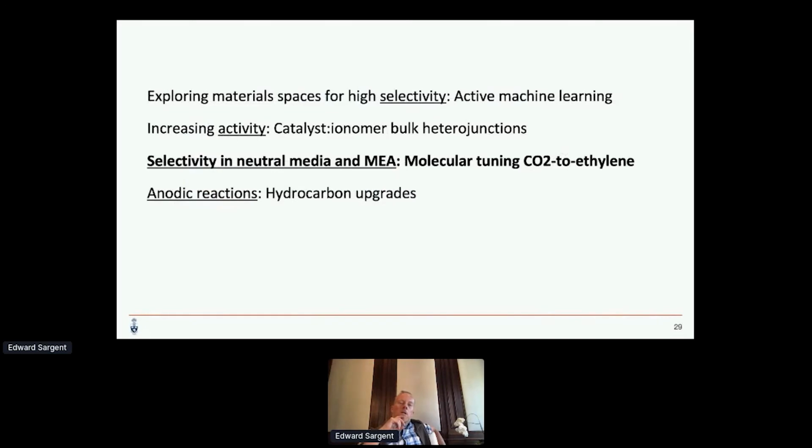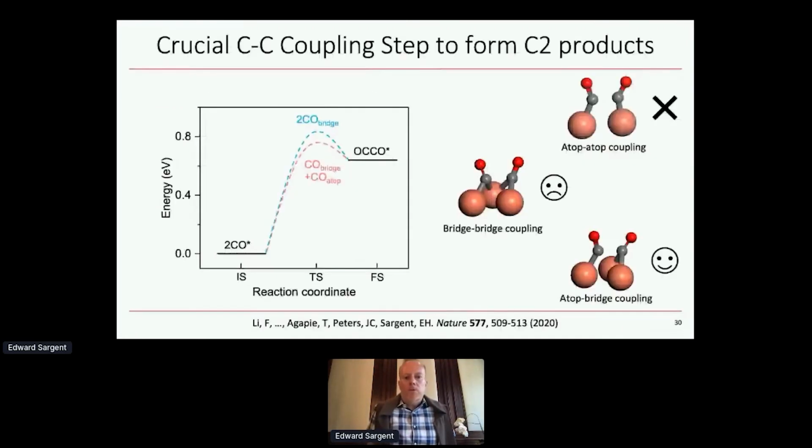And so there's much interest in seeing whether it could be possible to do these same reactions just as efficiently, but without relying on the potassium hydroxide, so the very high pH alkali solutions that have been relied on in some of these early studies. And so our group asked, could you move to neutral media instead of alkaline? And could we find the degrees of freedom in the catalyst design that would permit us to do that? So for this work, again, we turned to theory initially,